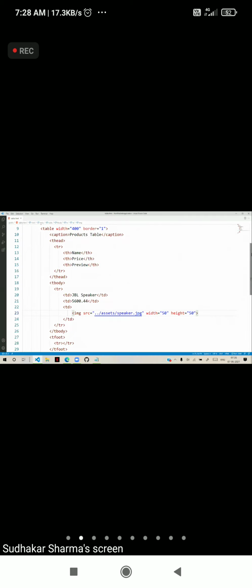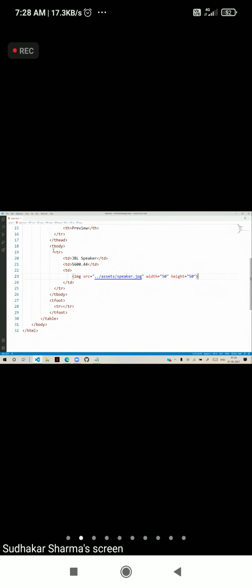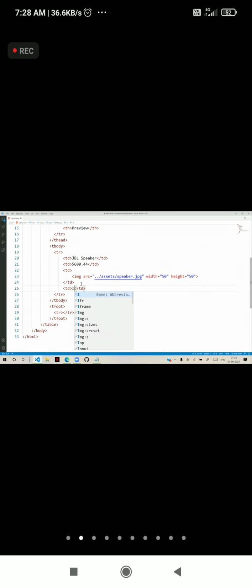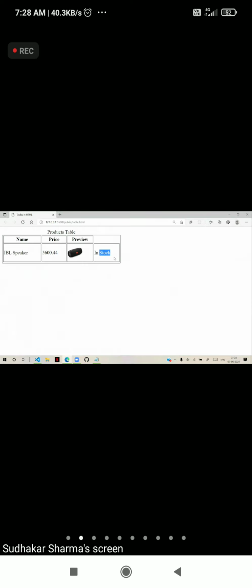Now we are defining one more row inside the body section. If I give one more cell like in stock, you can see that it will come out uneven. Why? Because in heading you don't have anything, and here you are giving the cells. You can give one row containing few cells, another row containing some more cells, but it will look completely unprofessional. That means it will not look organized.